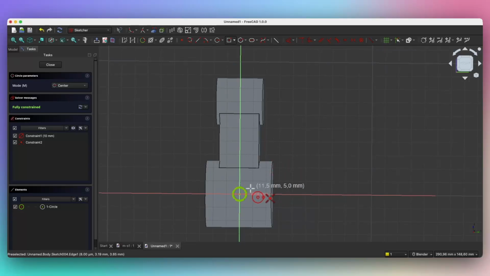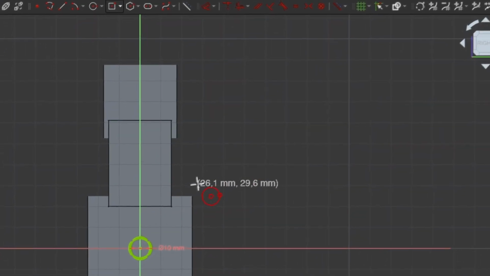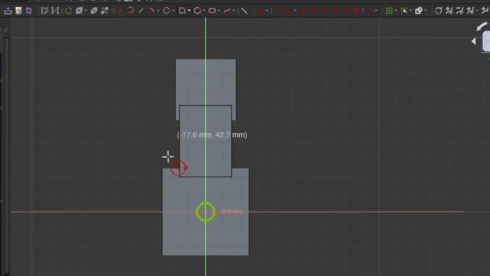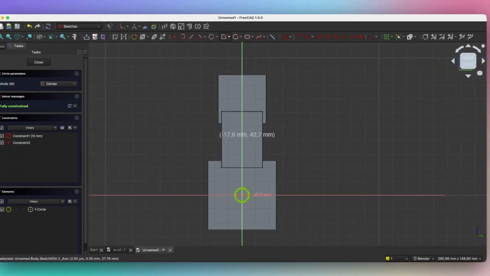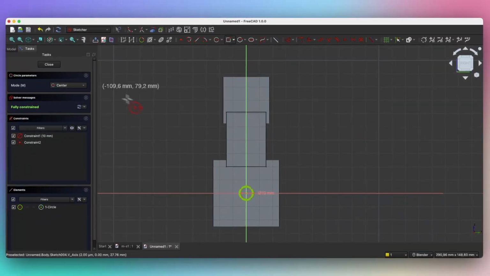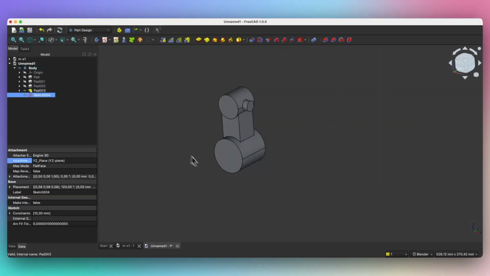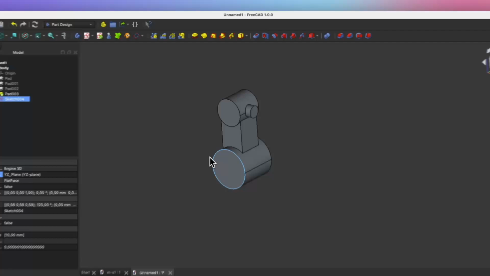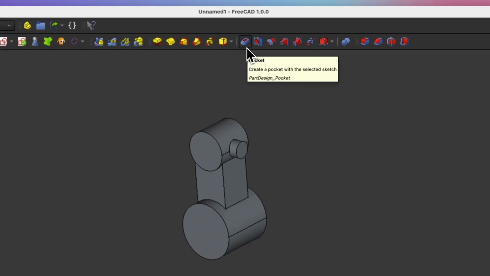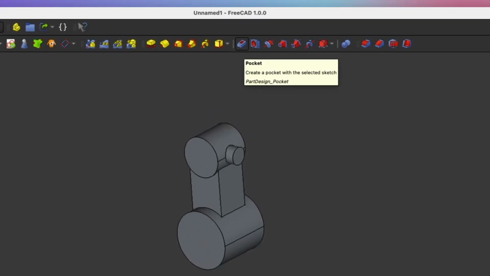Here I accidentally slightly rotate the view, but if I click on the view on this cube, the model view will be corrected, although at this moment it doesn't matter much. Close the sketch, and based on this sketch we will create a hole that passes through the entire solid. We will do this using the pocket operation. Select this operation,